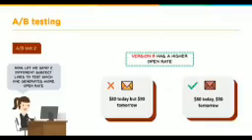Linda sends version A of the email to 50% of the recipients. $80 today, but $90 tomorrow. And version B to the remaining 50%. $80 today, $90 tomorrow. The only really succinct difference here is using the word but versus a comma. She sent that email out, the data is coming in, and she's going to measure the success of that A/B test. Well, version B has the higher open rate.